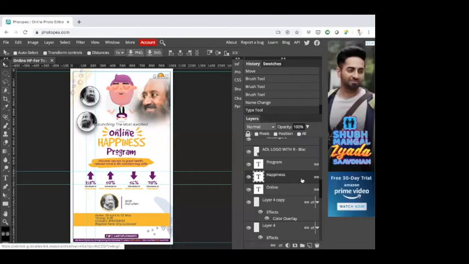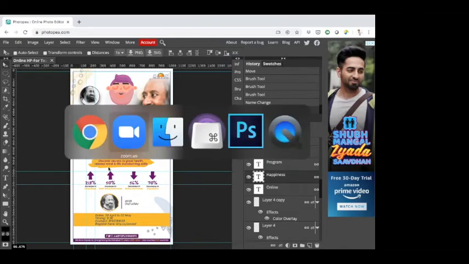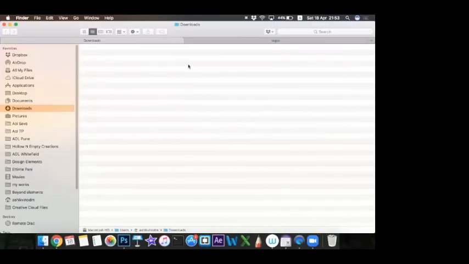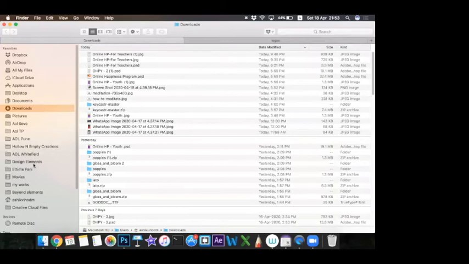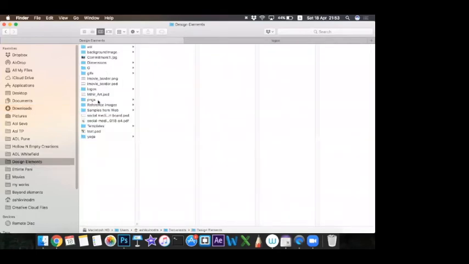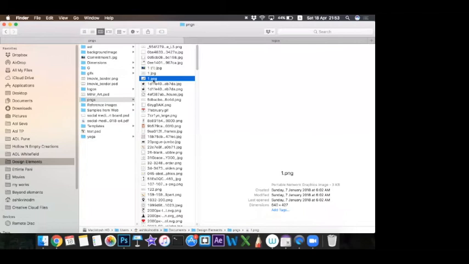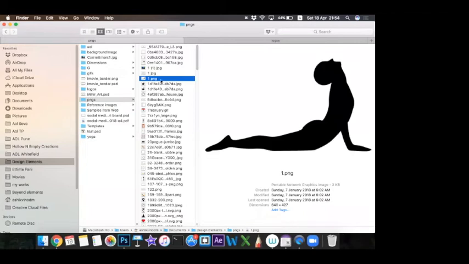Now quickly, I just want to introduce how a PNG file works. A PNG file is basically a file which has a transparent background. So I'll go to some of the PNG images which I have. You can download any PNG image from Google.